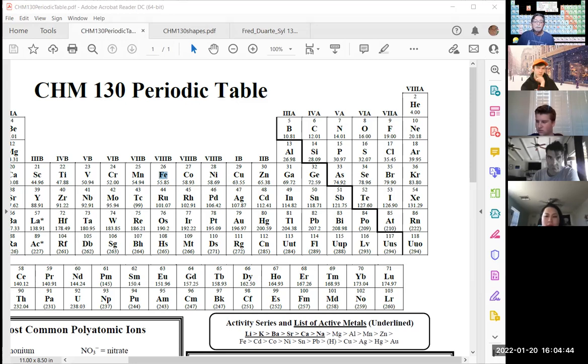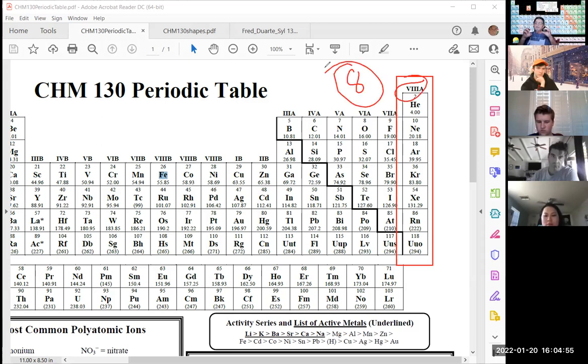Okay, the Roman numeral 8. This is the magical number 8. The driving force of these elements is to obtain 8 electrons around its outermost shell. Okay, 8, the magic. This will make more sense when we start talking, but I want you to remember the magical 8. Okay, 8 electrons. There's something about that number that nature says, I need 8 electrons around my outermost shell.